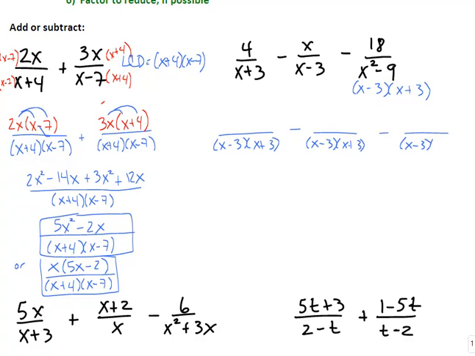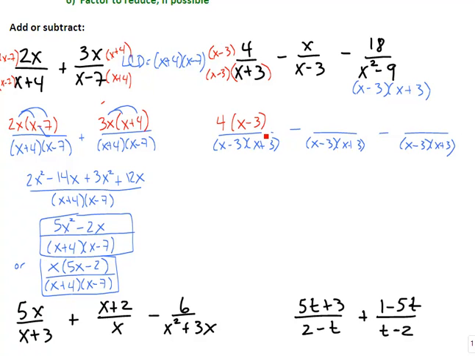And when we do this, we're going to create new numerators as well. So if we look at the first fraction, it already has the x plus 3. What it's missing is the x minus 3. So I would need to multiply by that on the top and the bottom to balance out the fraction. So the new numerator is going to be the original 4 that I had up there times that missing factor,